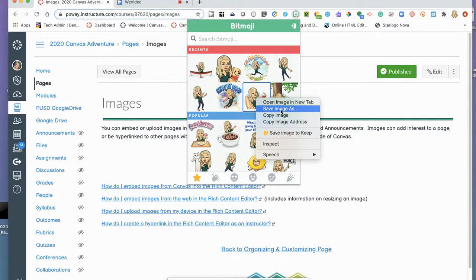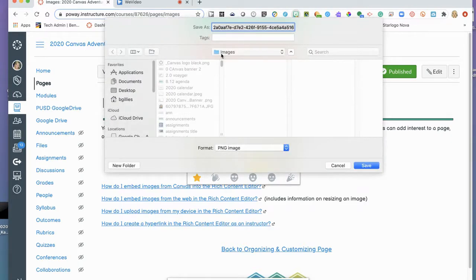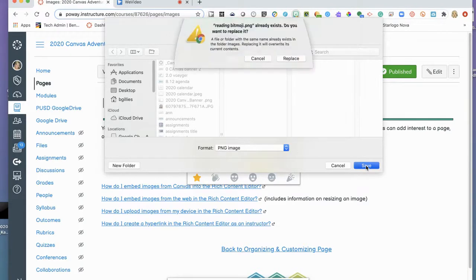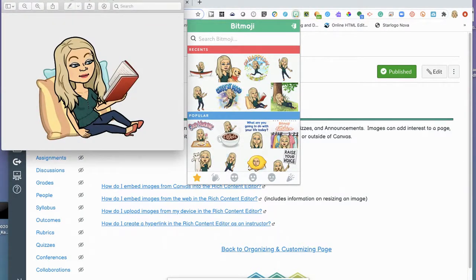If you're using another image from your device, just make sure that you know what it's titled and where it's located. So make sure that you understand where to find that image. Title it something you're going to remember. And I would recommend the file type being a PNG image, although you can also use a JPEG image. I'm going to go ahead and click on Save. There's my image. There's the title of my image,